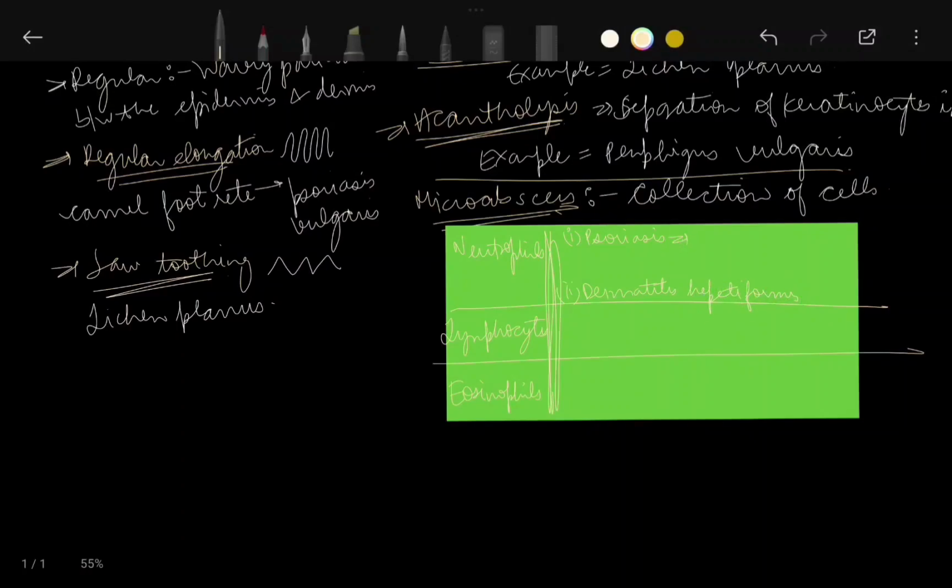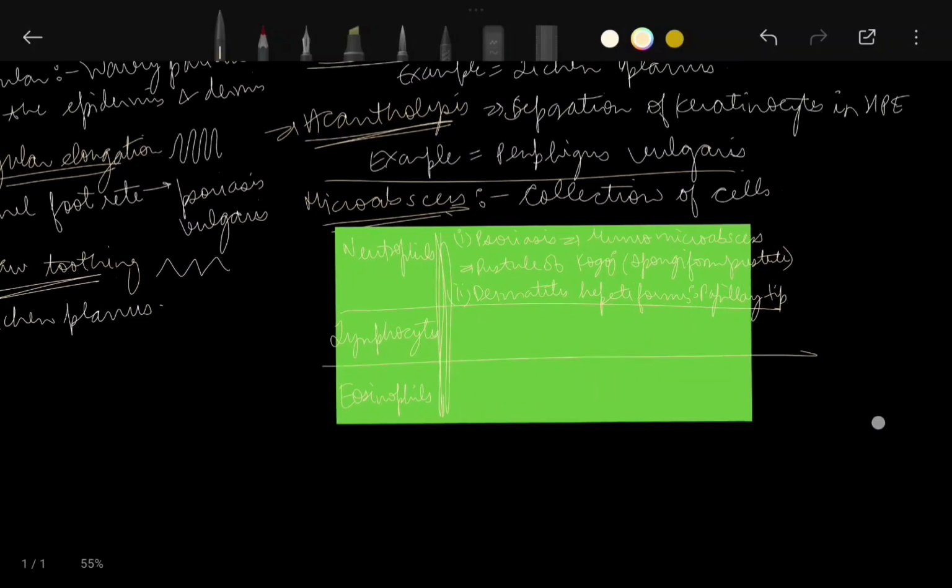In psoriasis there is Munro microabscess, and there is the spongiform pustule of Kogoj, and there can be papillary tip microabscess. In neutrophils, if there is a collection of neutrophils in the rete ridges, then it is due to psoriasis